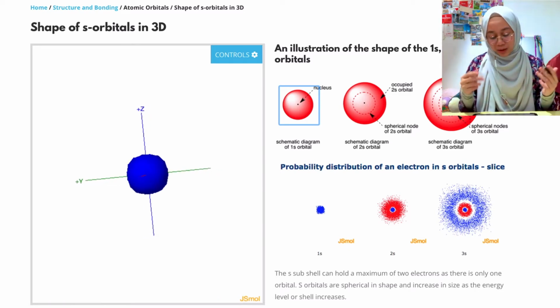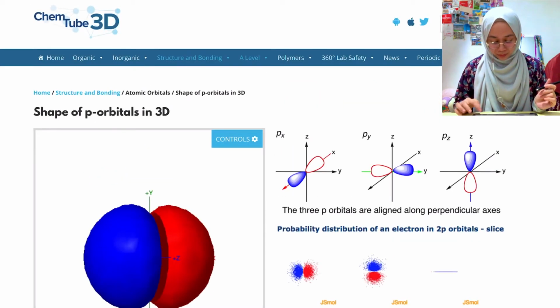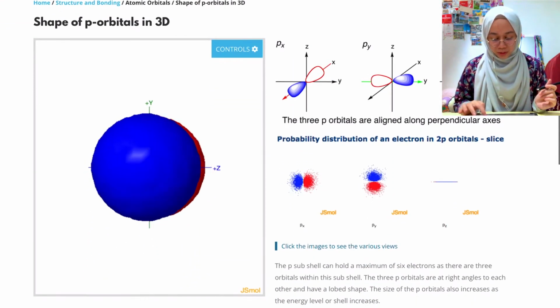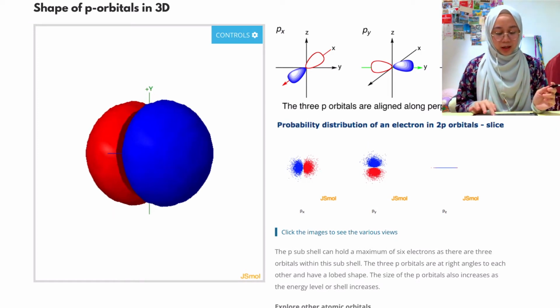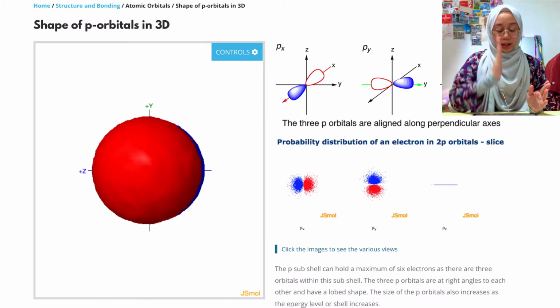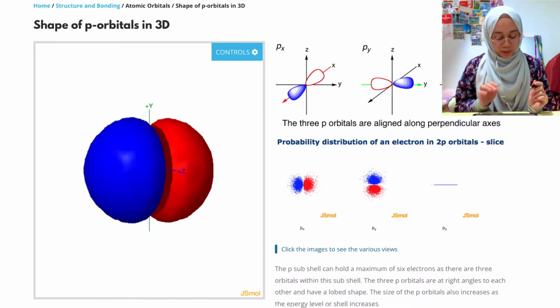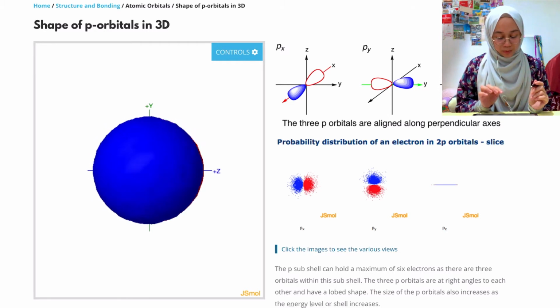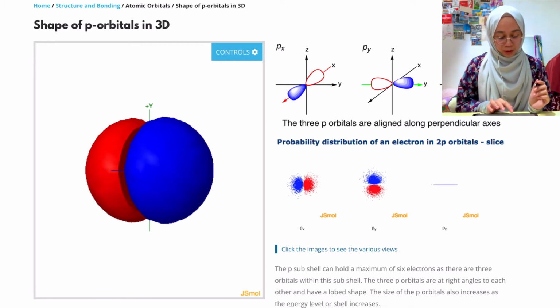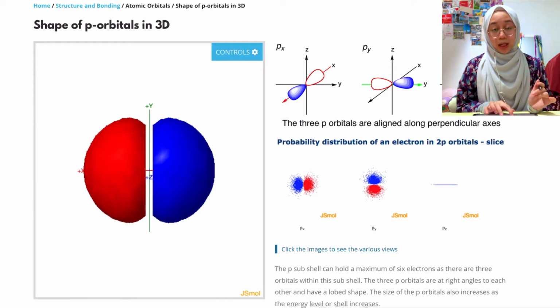Okay, so what about the 2p orbital? Let's have a look at 2p. Okay, so this is the 2p orbital. So again, if you look at the one on the left, y is the vertical one. It puts y as vertical. Okay, so if you look carefully, wait, Miss will stop once the red and blue are visible. Okay, so if you look at this, actually this is px. Okay, so px,